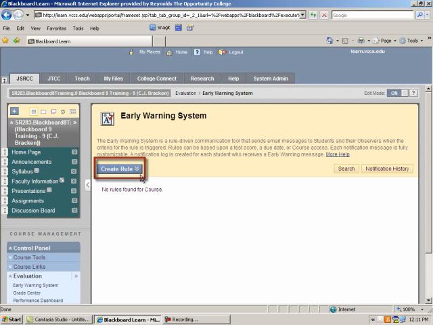In order to add a rule, you would hover over the Create Rule chevron. As you may remember from the overview of the early warning system, there are 3 rules that you can create: the grade rule, the last access rule, and the due date rule. Here we're going to create a grade rule. I'll click the grade rule button,